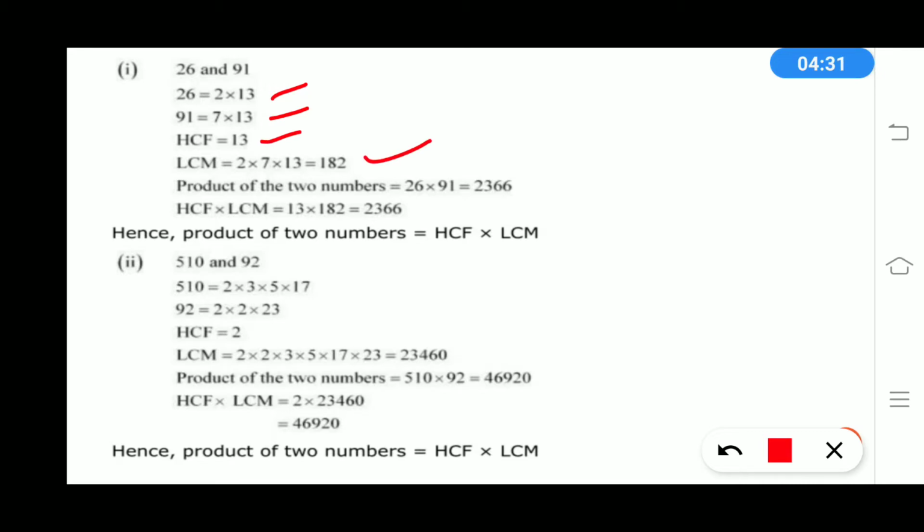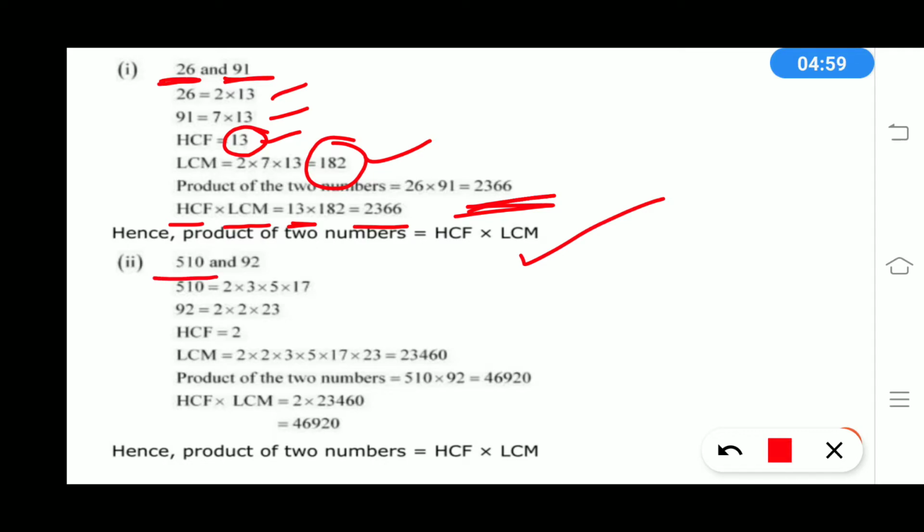The product of the two numbers, that means 26 into 91, is 2366. And LCM into HCF is the same, 13 into 182, again 2366. That's been verified: LCM into HCF equals the product of the two numbers, correct. Similarly, 510